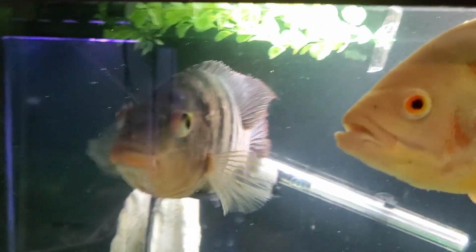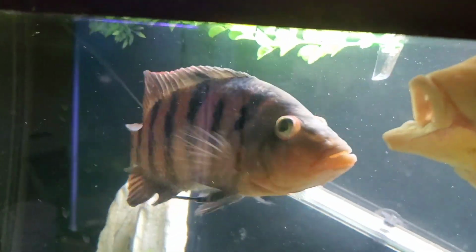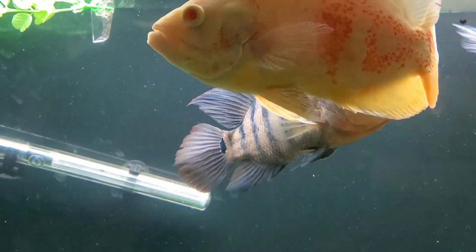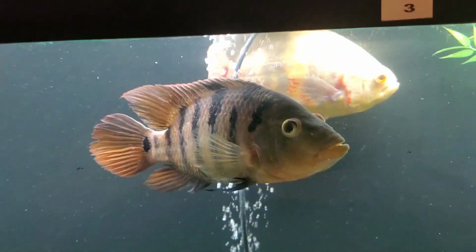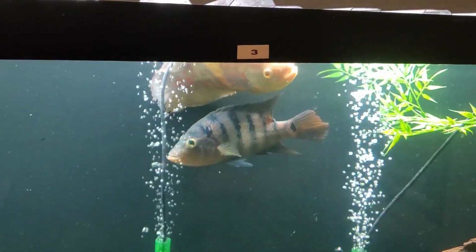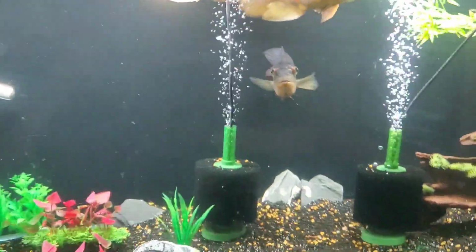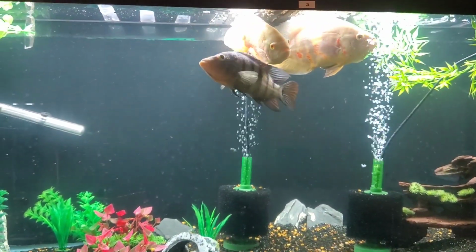And there's that Mayan Cichlid. He's still a little beat up because he won't stop messing with the Oscar, but he doesn't win those fights. These are really pretty fish too. They had another one. I considered getting them, but they were both females, and because of that I wasn't particularly interested. I thought, you know, it's a 125, it's a big tank, but it's not a 300 gallon, it's not a 600 gallon tank. You can only put so many big fish even in a 125,